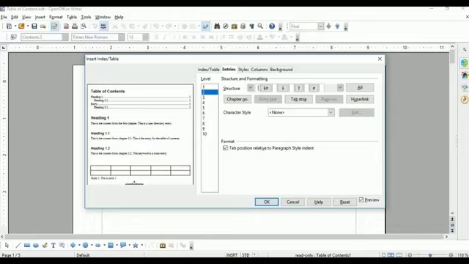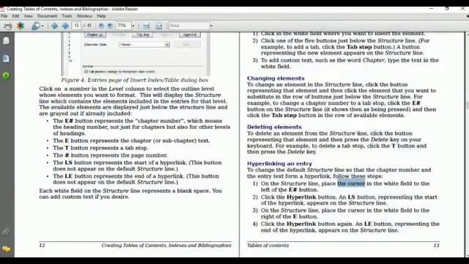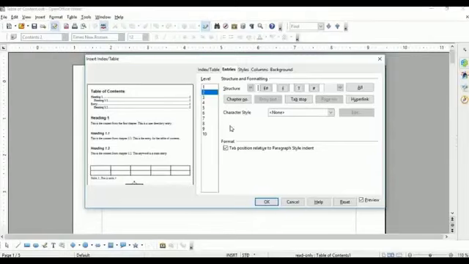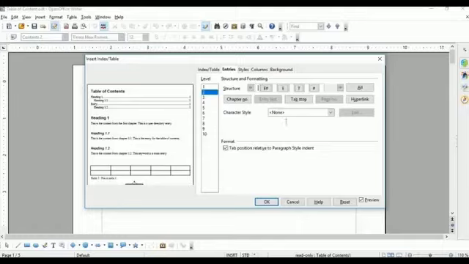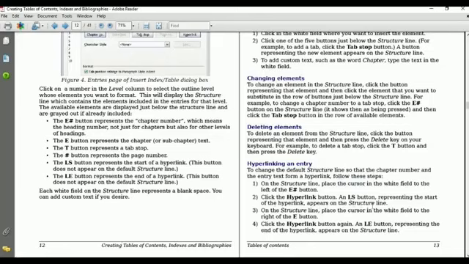And then what is written here? On the structure line, place the cursor in the white field to the left of the E has button. This is the left area of the E has button. Place your cursor here, then click on the hyperlink button, an LS button representing the start of the hyperlink. Now, after placing this cursor, go to the hyperlink button and click on it. You will get LS. LS is for starting the hyperlink. Is it clear?